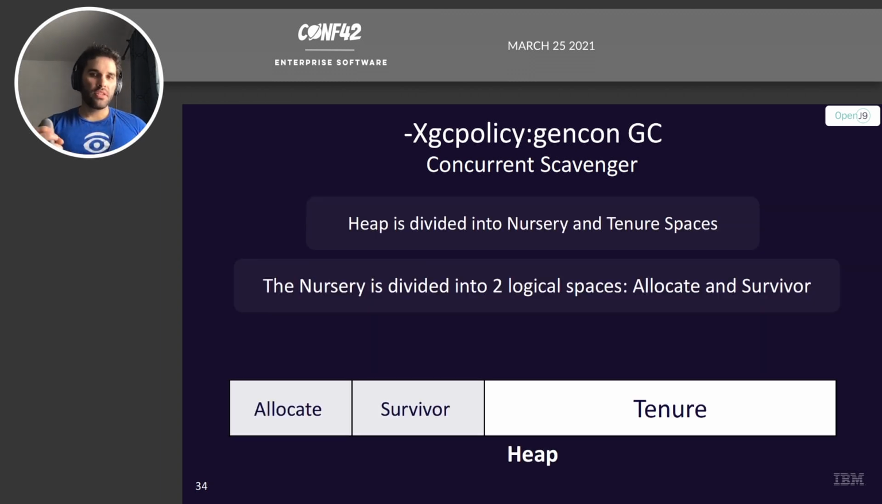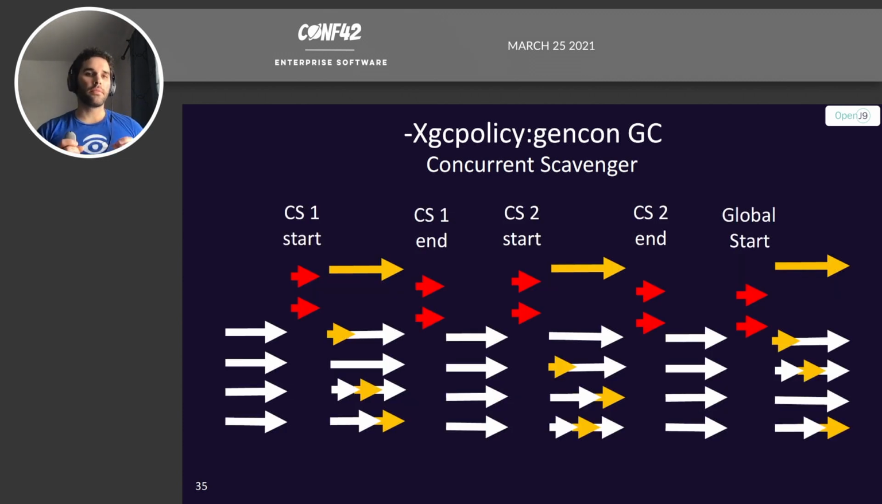The heap structure is the same, right? We have the new space, old space, allocate, survivor, nothing new there. So the biggest difference here is the scavenger, which, instead of being stop the world, is now going to be concurrent. The CS there stands for concurrent scavenger. So applications